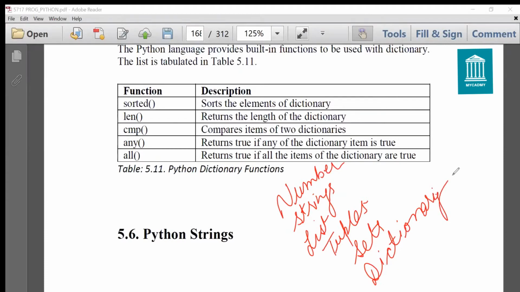So these are various native data types in Python, which we have studied in detail with their respective methods, functions, and their accessing methods also. Fine. So you have to go through them thoroughly. I hope you understand all the concepts. This is all about native data types in Python.